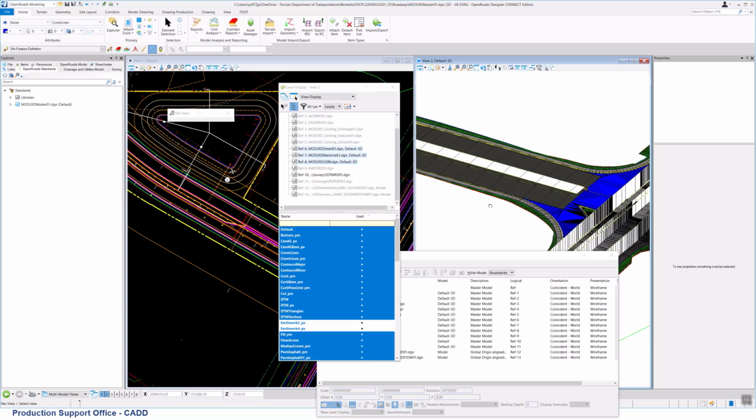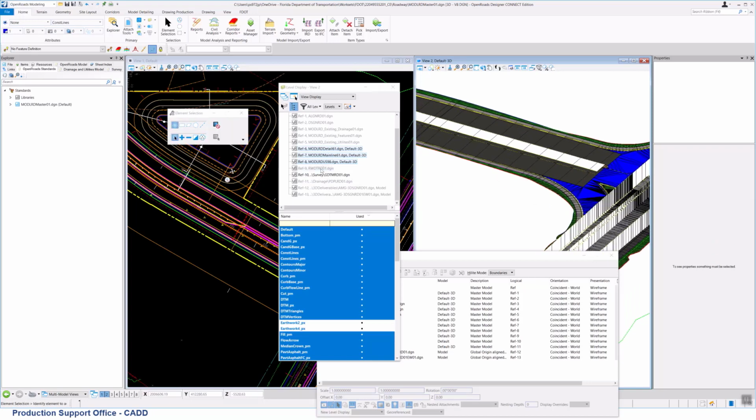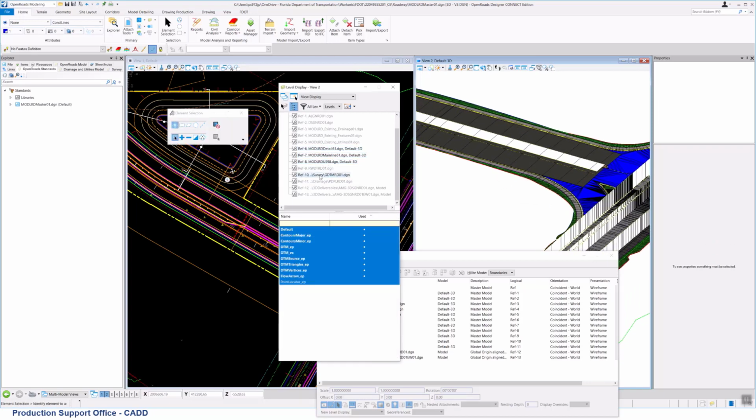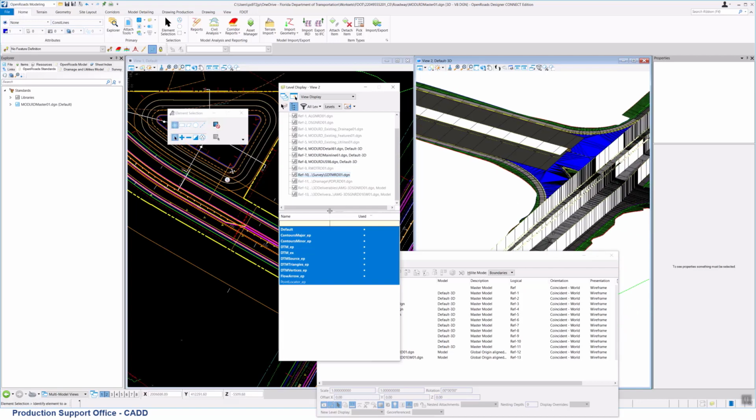Alright, so this is a little bit cleaner, but if I go in here into my GDTM RD01, right now the triangles are not showing. But if I were to change the feature definition so that they did show up, then it would be a little bit problematic, because it would be overlapping.